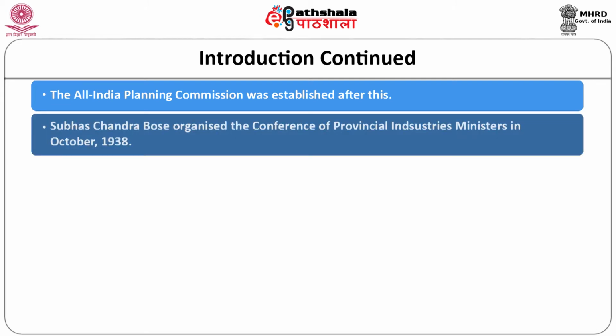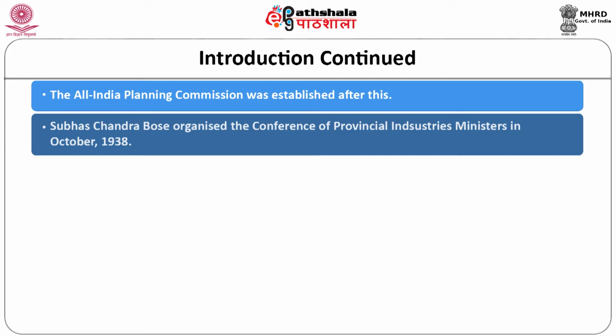Subhash Chandra Bose, in his presidential address at the annual conference of the Indian National Congress held at Haripura in 1938, said, quote, "Our chief national programs relating to eradication of poverty, illiteracy and disease and to scientific production and distribution can be effectively tackled only along socialistic lines. The very first thing which our future national government will have to do would be to set up a commission for drawing up a comprehensive plan of reconstruction."